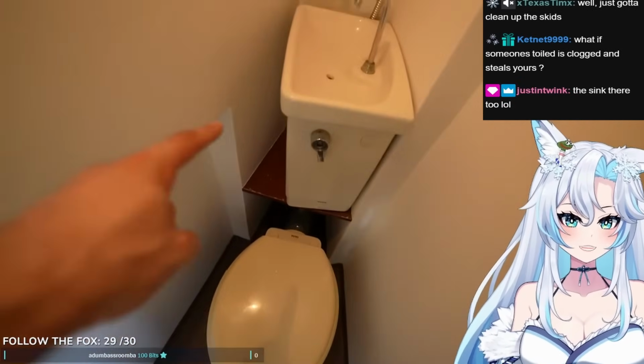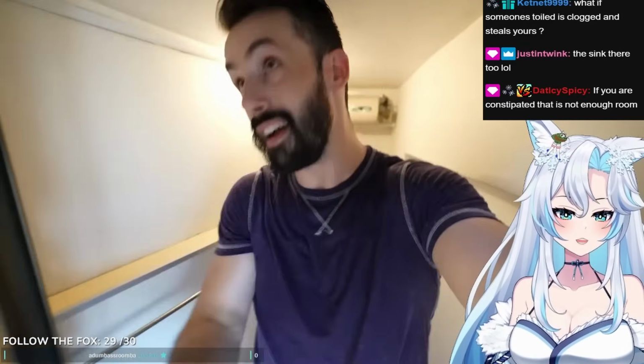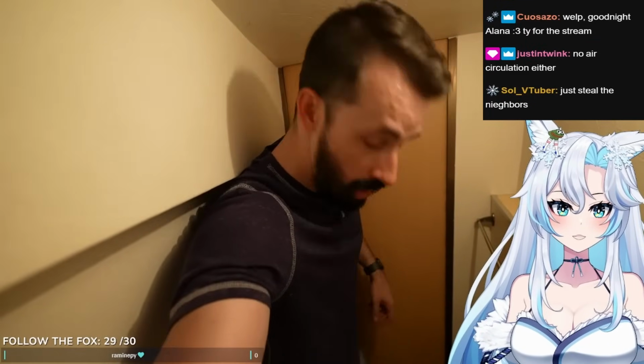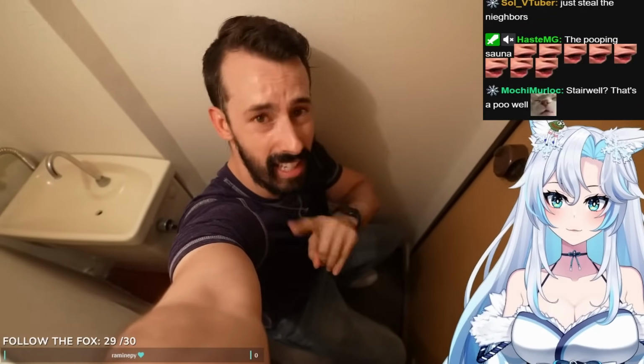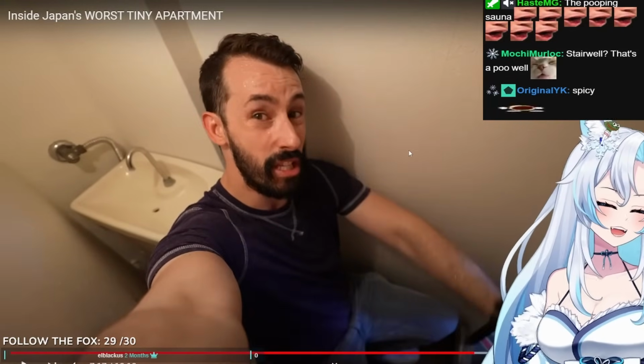You have a little sink on top, but standing up inside maybe. What if someone clogs the toilet and steals yours? Let's watch the claustrophobics freak out when we close the door. That is the entire toilet space, and with the limited ventilation, it does get very hot in here. It's not the kind of place that you